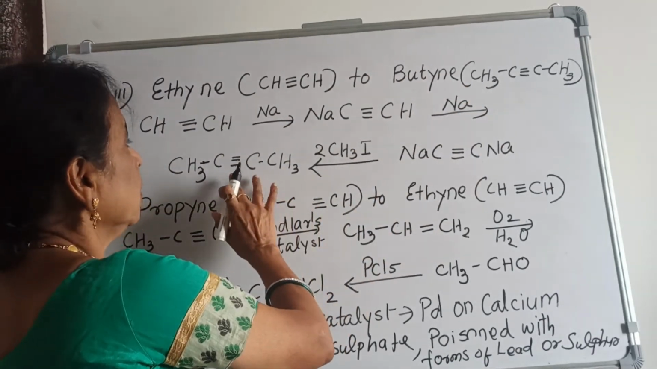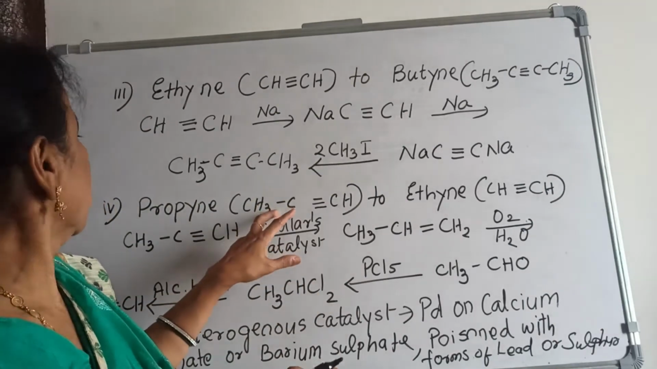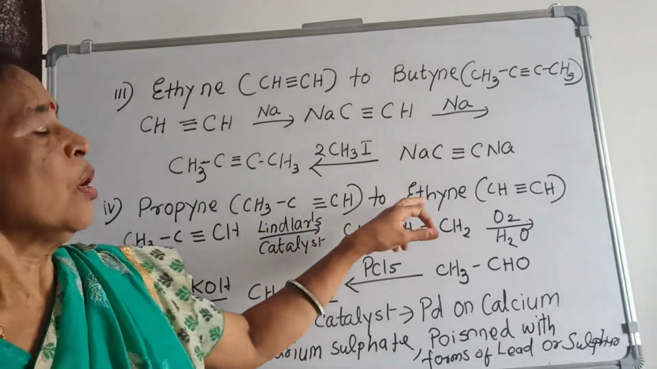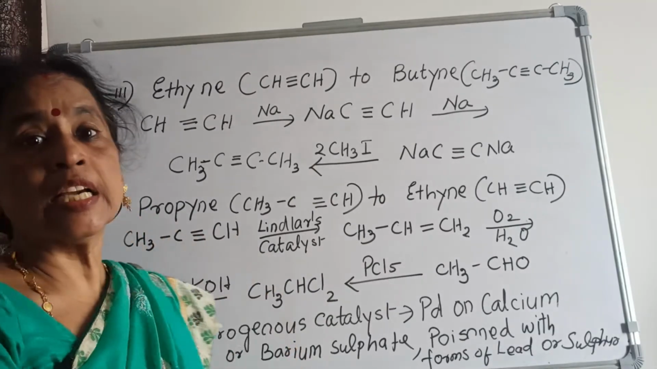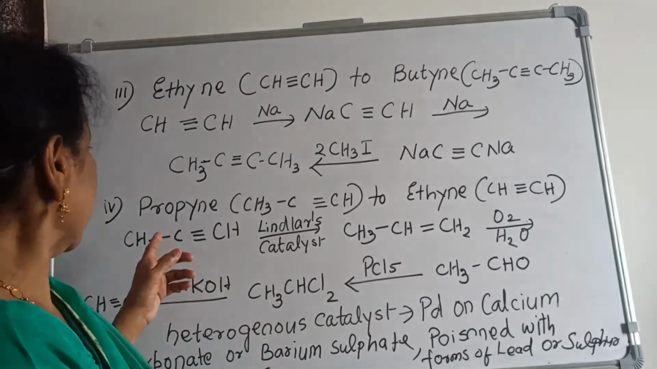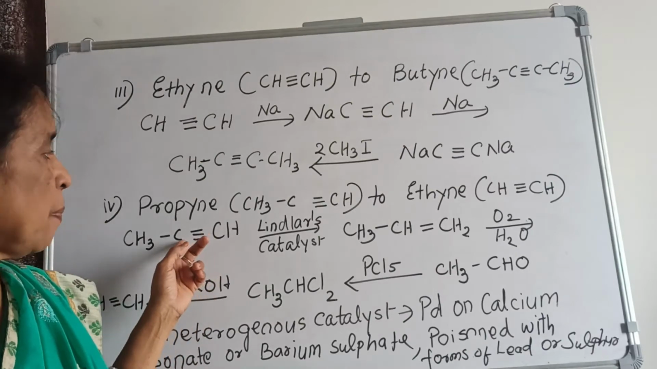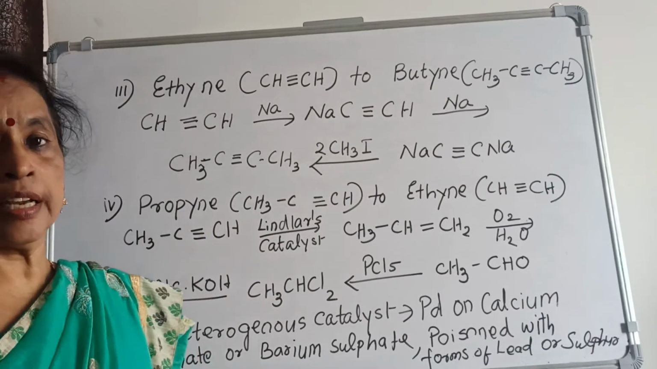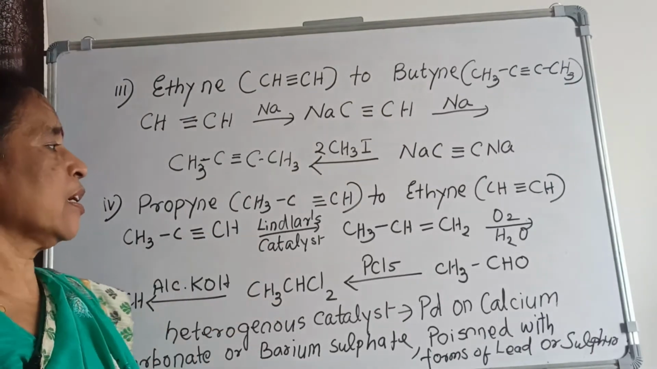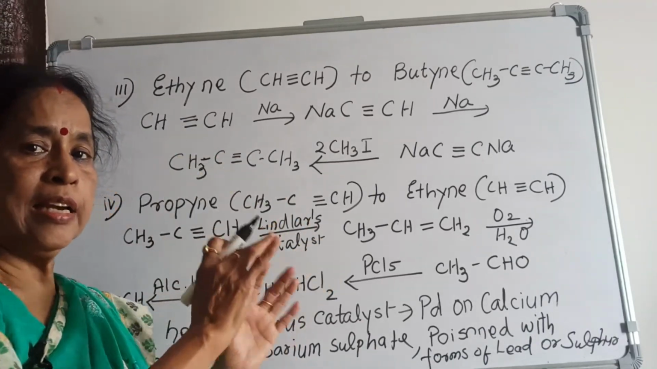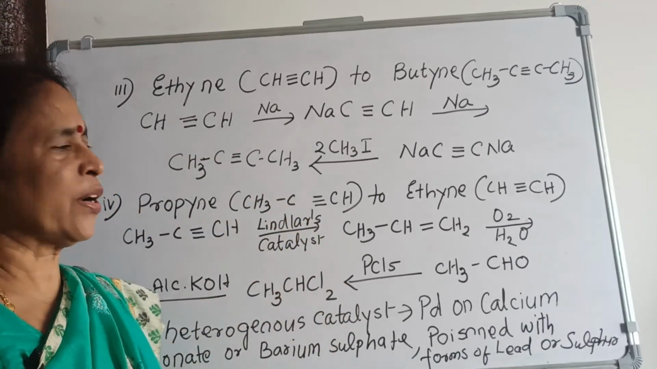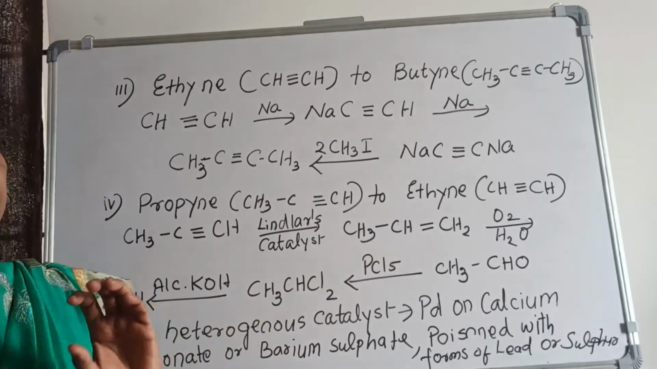Here we go from 3 carbon to 2 carbon, a decrease of carbons. How can you decrease the carbon? Specially, this is propyne with Lindlar catalyst. What is Lindlar catalyst? I will tell you now. First remember, if you apply Lindlar catalyst, it is very, very important, and immediately it gives